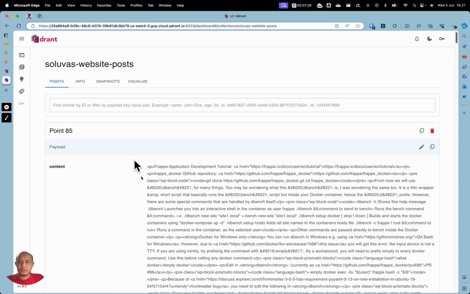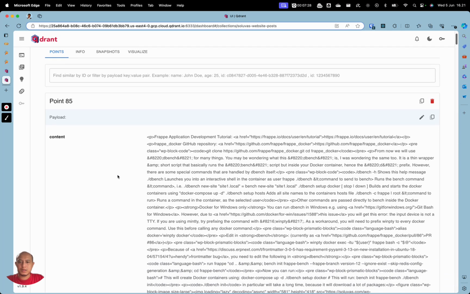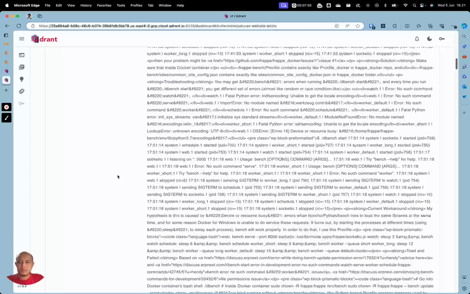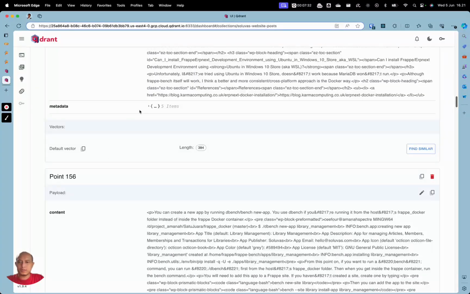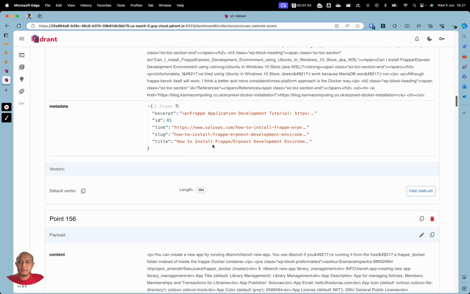These are the posts that are already loaded, the contents of the posts, and also the metadata.